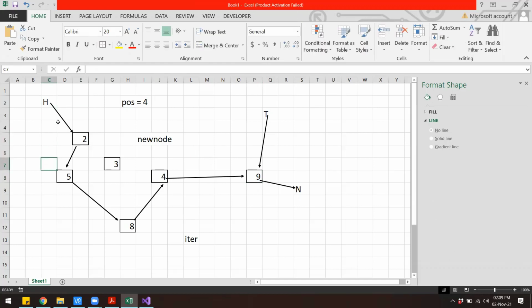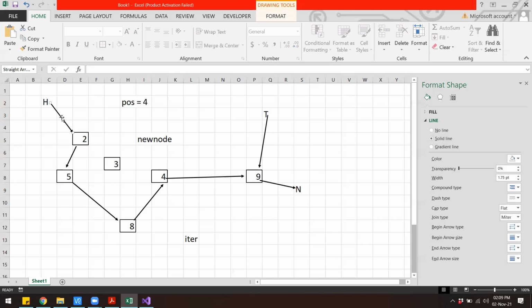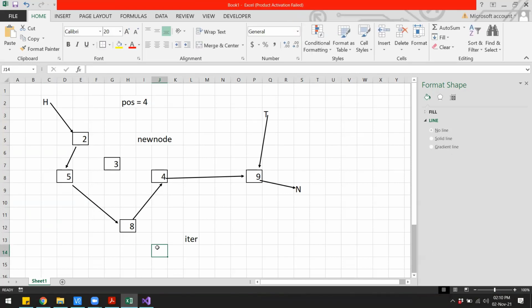So if I say head arrow next, then that will give us this particular pointer, right? Head is this pointer, head arrow next is this pointer, and if I say head arrow next again, then that is this pointer, right? And if I say head arrow next, then that will give us this pointer. What we want is to traverse the list until we reach the place where we want to add the node.